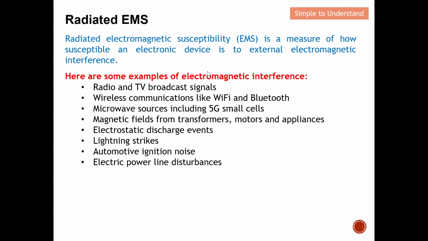Here are some examples of electromagnetic interference. Everywhere in Singapore, for example, we have radio and TV broadcast signals. We also have a lot of wireless communication like Wi-Fi, Bluetooth, and microwave sources, including 5G and 4G, which are also considered microwave sources. Magnetic fields from transformers, motors, and appliances also. Electrostatic discharge, lightning strikes, automotive ignition noise, basically when you start your vehicle, and electric power line disturbance. These are some possible examples of